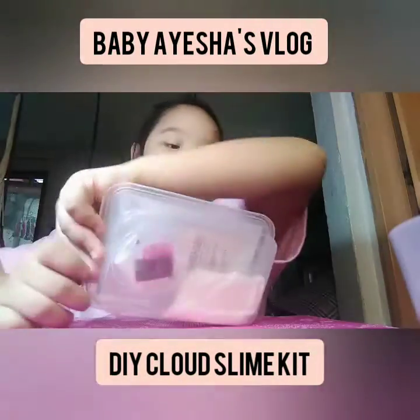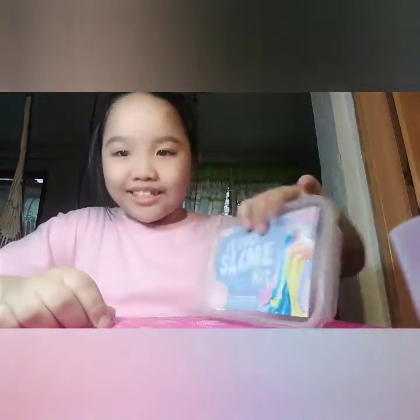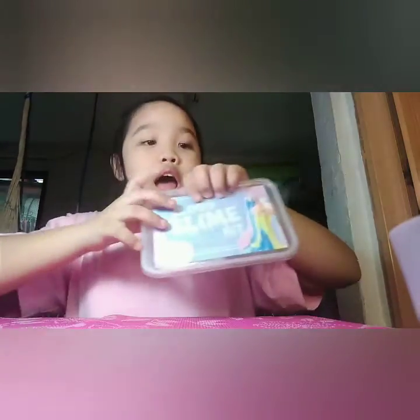Today we're making Cloud Slime Project Slimes Kit. So this is a slime. This is a cloud slime. So we have the